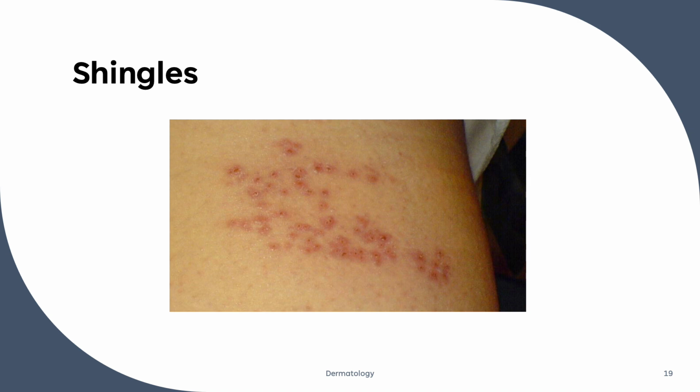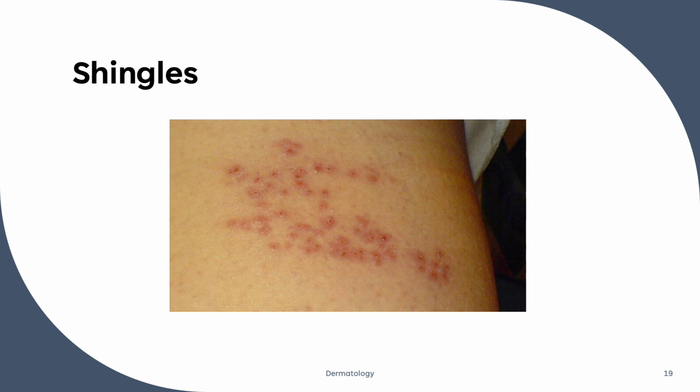Shingles is not spread directly from person to person. However, a person with shingles can transmit the virus to someone who has never had chickenpox, leading to chickenpox in that individual. Symptoms typically include localized pain, burning, or tingling in the area where the rash will develop. This is followed by the appearance of a red rash and fluid-filled blisters, usually affecting one side of the body